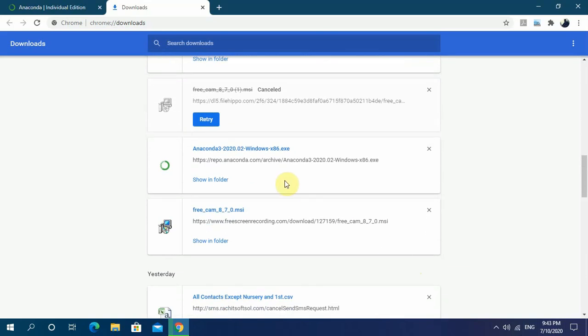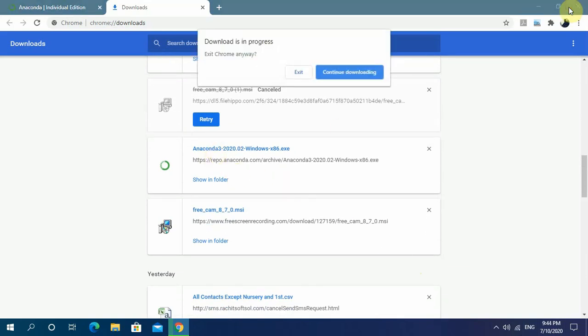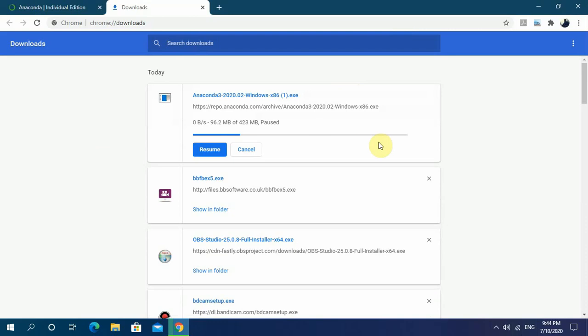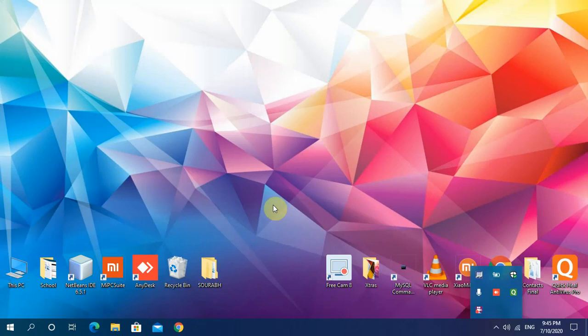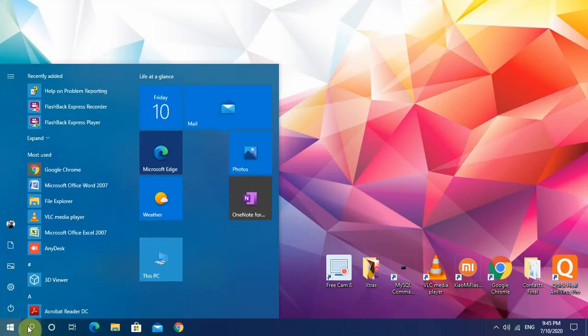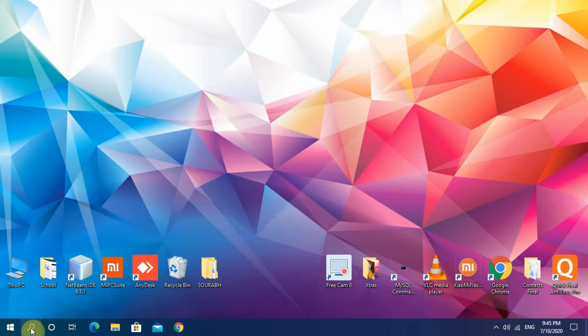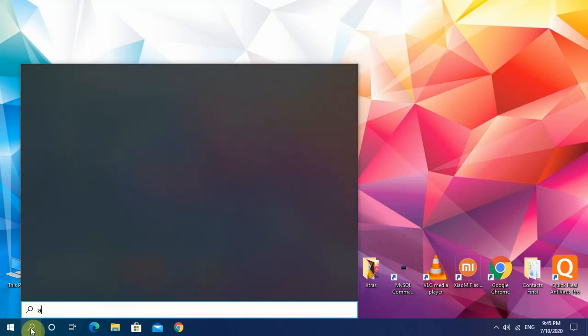As you can see, Anaconda 3 2020. I have already installed this software. I am just trying to search for this. Let me wait a bit. So I am going to the start menu. In the start menu, you have to either see where Anaconda is installed, or you can go to the search, and under the search you can type Anaconda so that you can find the package easily. So I am typing it here.